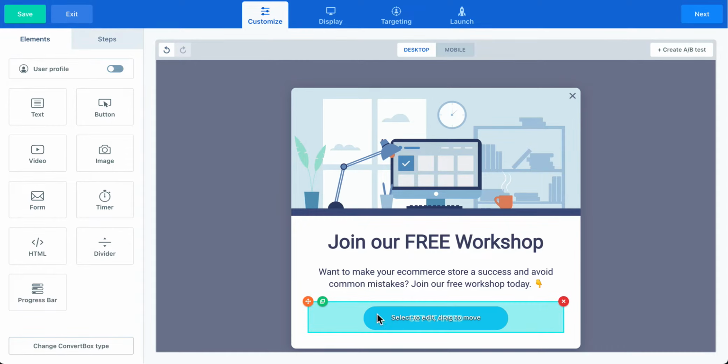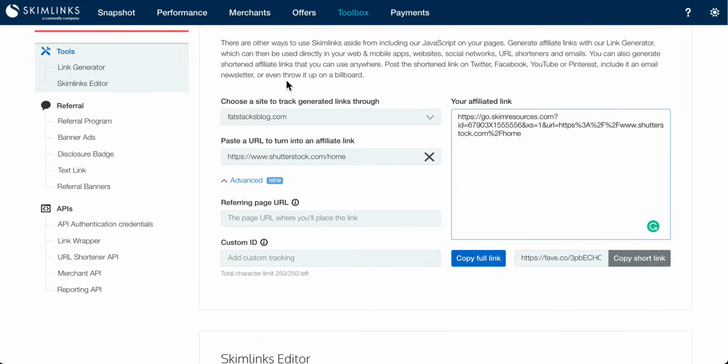This is going to be our affiliate link, but first we need our affiliate link. Now, for split testing merchants very, very quickly, I love to use Skimlinks because I can make and track affiliate links quickly, and it's all within the ecosystem here for getting results. So if I wanted to split test Shutterstock with iStock photos on FatStacks, I get the Shutterstock in there, so it automatically generates this